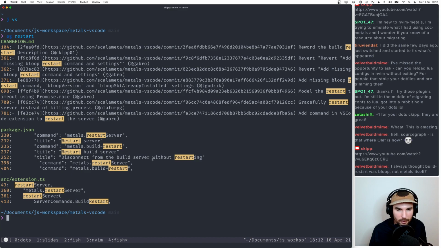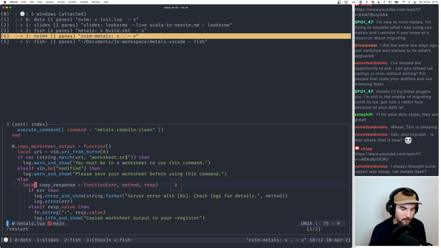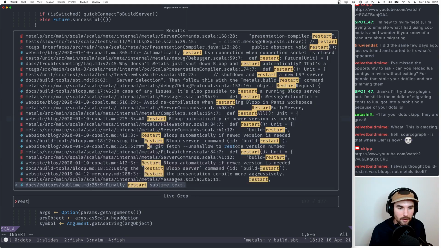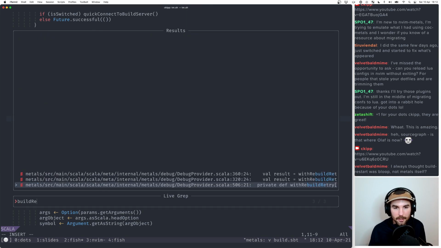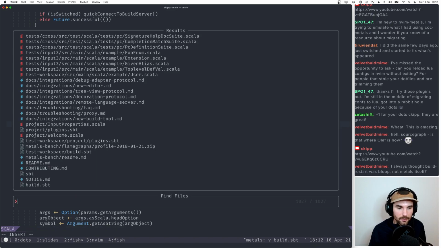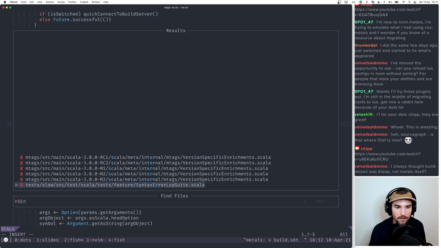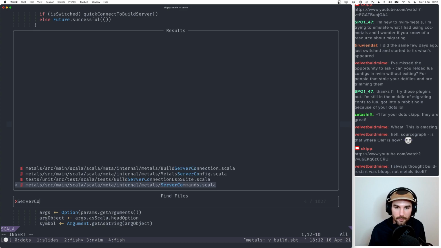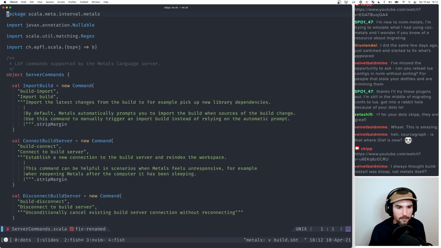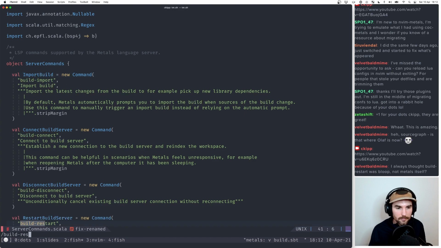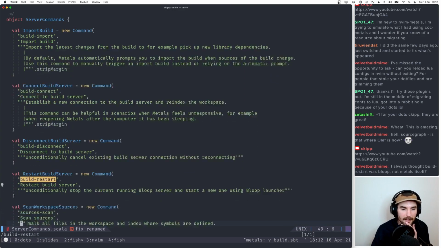Disconnect from the build server without restarting. Actually, let's just look into server commands, build restarts. Okay, so maybe it's build restart. Build restart. Actually, let's just do this. Server commands. Yeah, so this is the